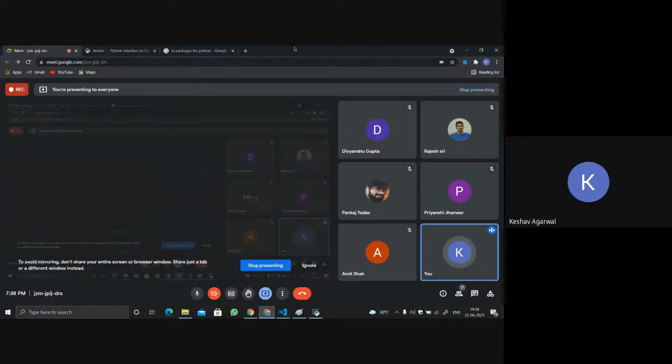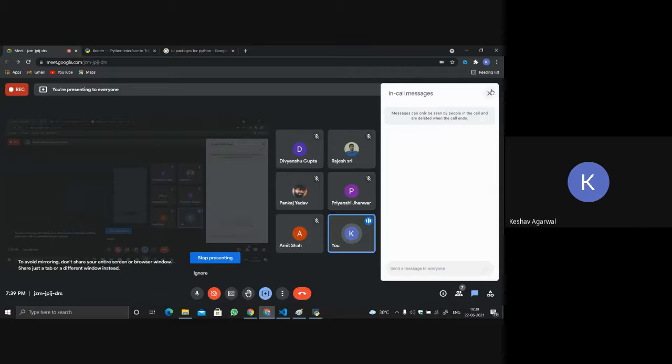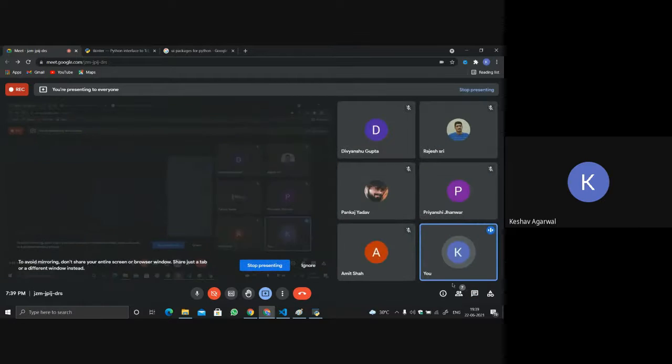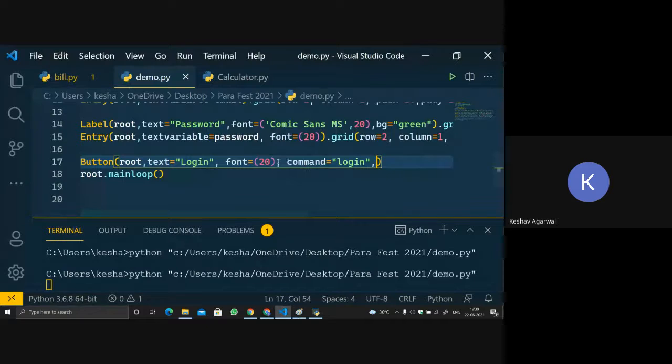In any website, if you visit, this chat is a button, so there should be a functionality attached to this button, so that only then this message box appears. Without clicking it, it is not appearing. So we have to provide a functionality to that button. The command over here assigns functionality to our button. It will not be a string, it will be in this format.